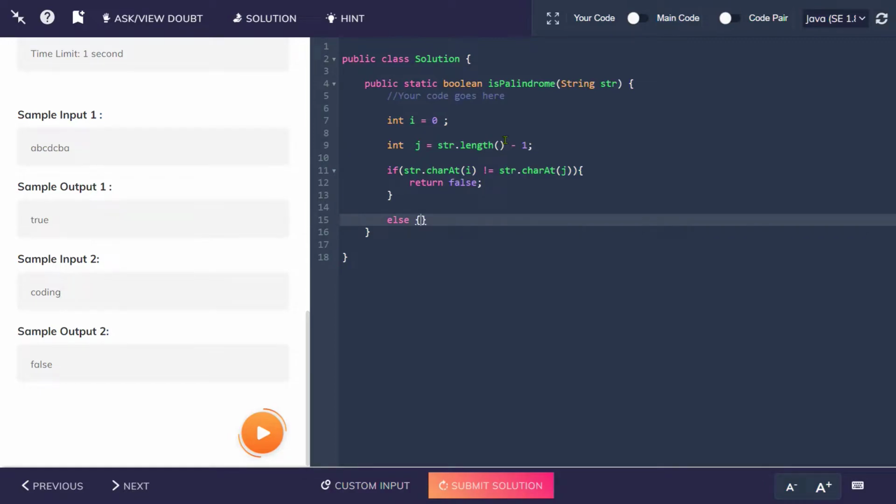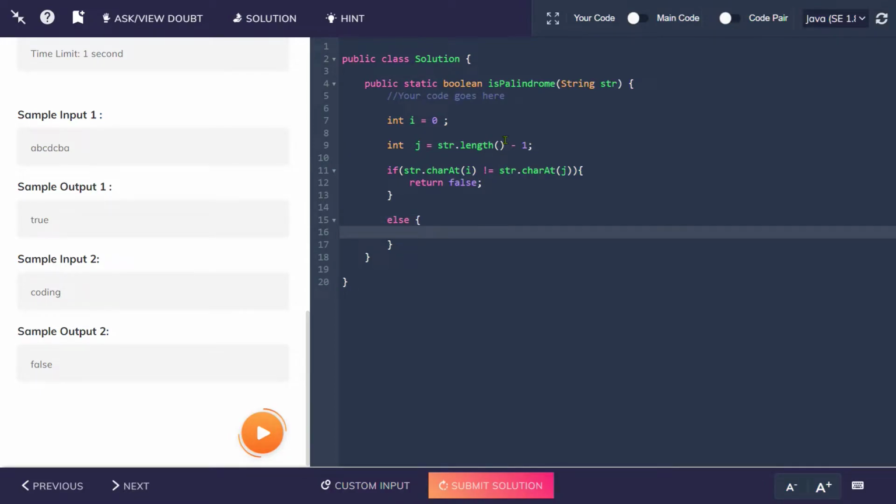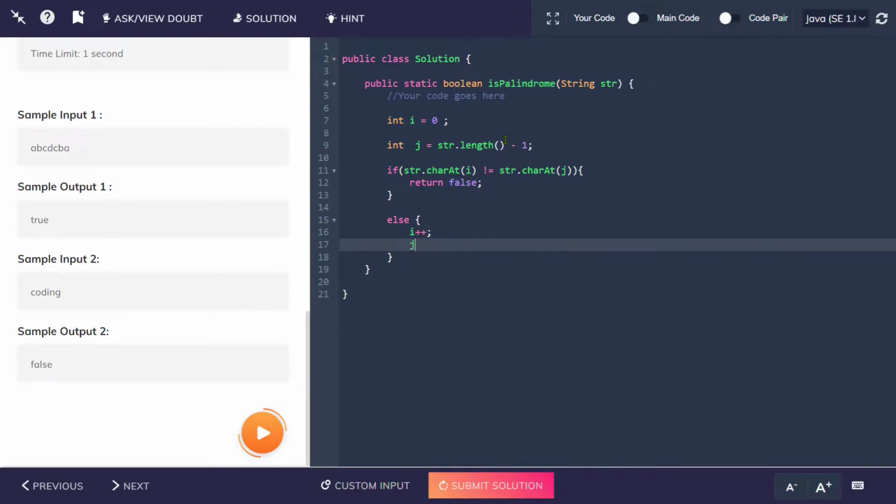Else, if it follows the palindrome approach, then it would increment by 1 and decrement from the last index, so that we match all the requirements which will be given via the palindrome string. Okay, so we just need to return true,